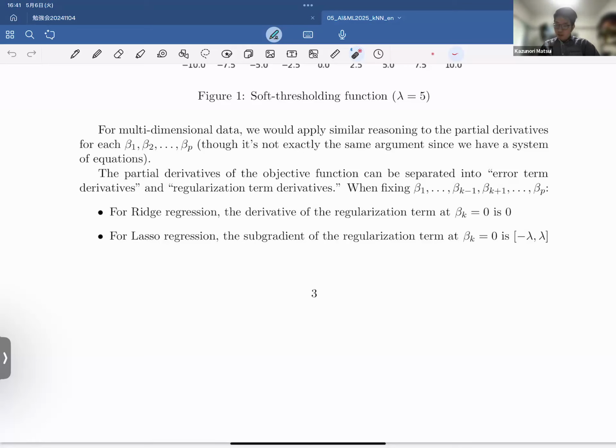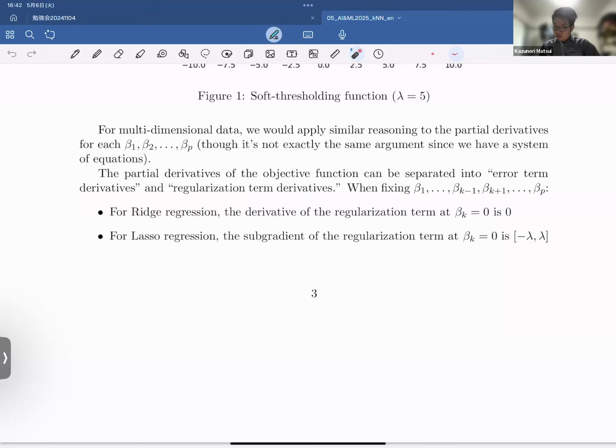Delving deeper, the partial derivative of the objective function consists of the error term derivative and the regularization term derivative. In ridge regression, the derivative of the regularization term with respect to beta k is